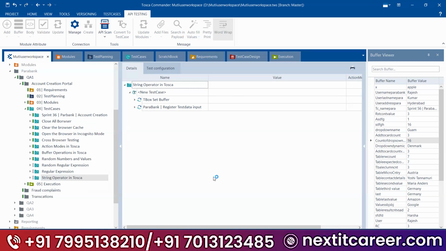To go for estimations, like what the feasibility is and what the test cases are for automation testing in Tosca, it depends on how many test cases you have, how many resources we have, and how soon we need to complete it. Based on those details, you can give the estimate.